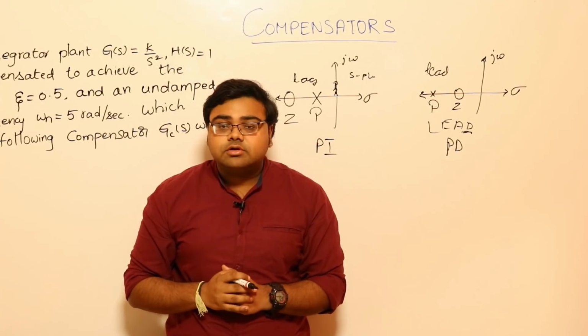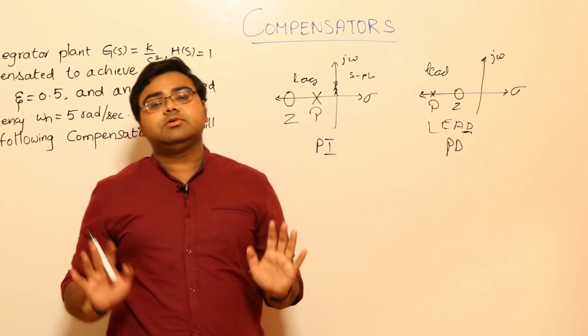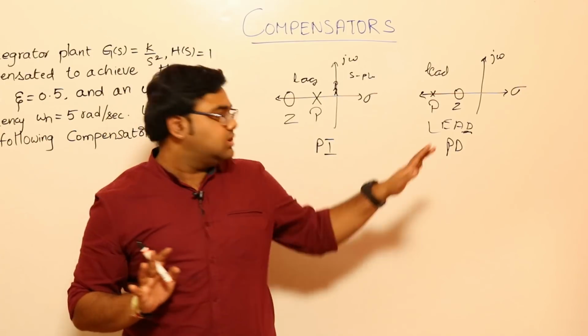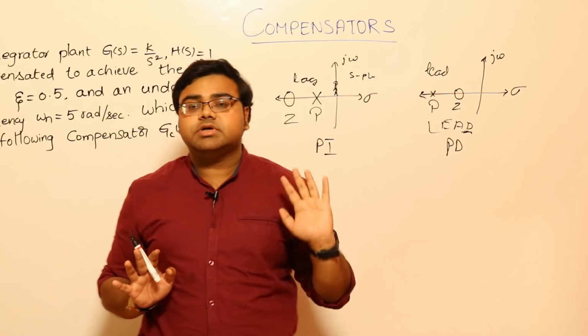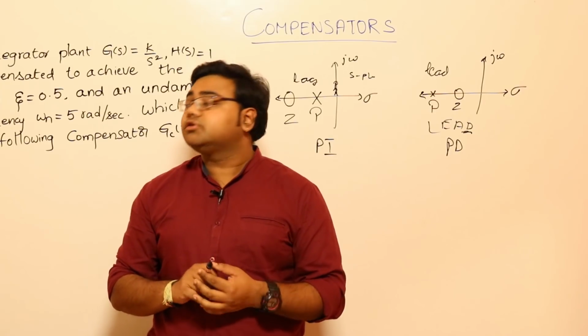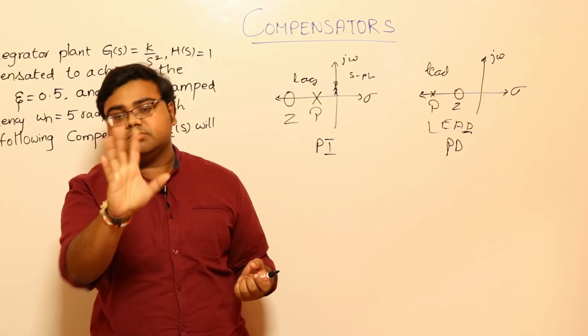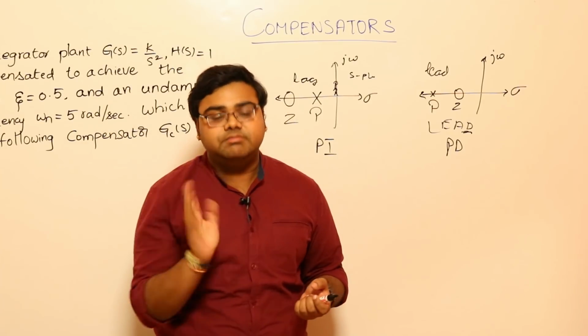Right? Second confusion solved. What is the second confusion? You people wanted to know lead is a PD controller or lag is a PD controller. Solved. You know what is pole 0 location. Why am I telling this? All this may be sounding very trivial, but when we will solve some problems, you will understand that directly, because knowing of these small tips, you will be able to get the right answer within minutes.